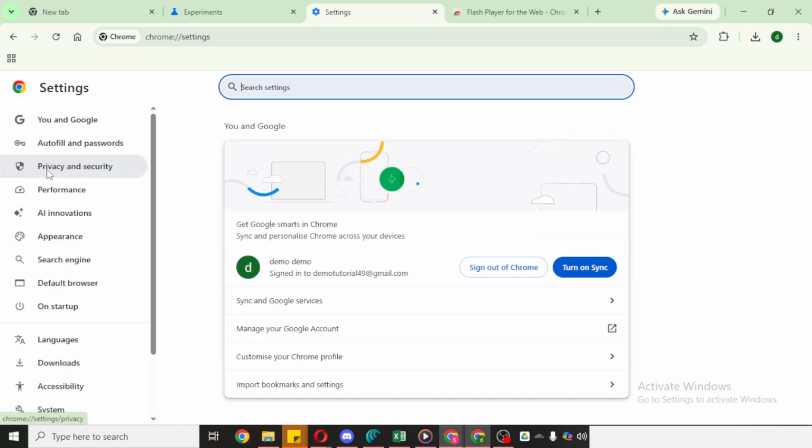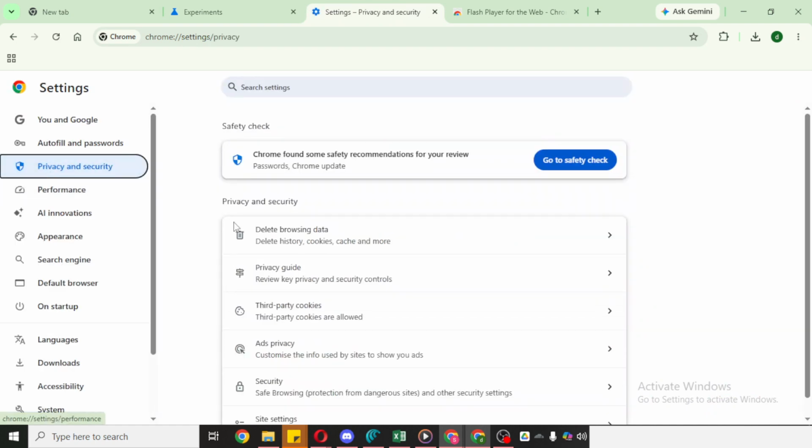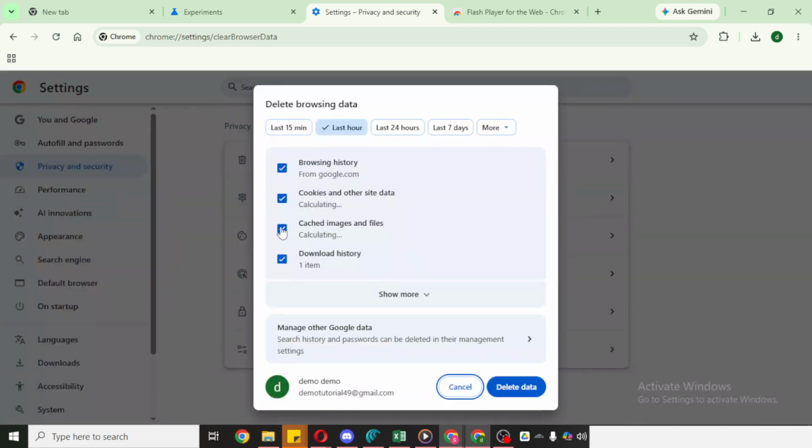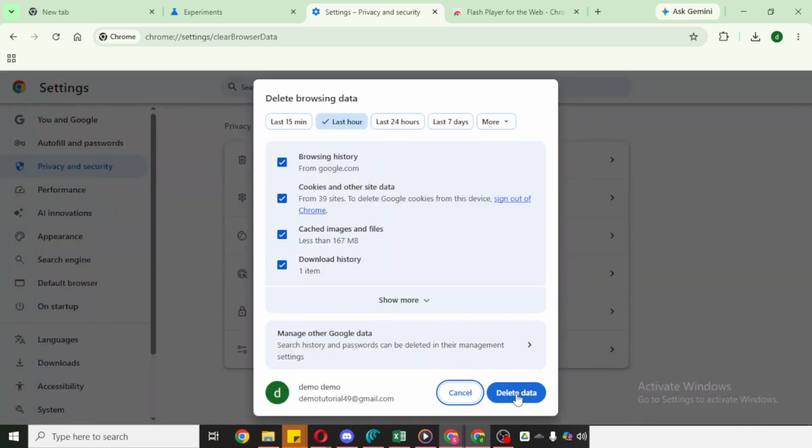When the Delete Browsing Data window appears, proceed with deleting the data. This step helps clean up stored browser information that may be causing conflicts. After that is done, give Chrome a moment to finish the process. Once everything is cleared, it's a good idea to close Chrome and open it again before trying to install the app. That way, the browser starts fresh with the updated settings and cleaned data.